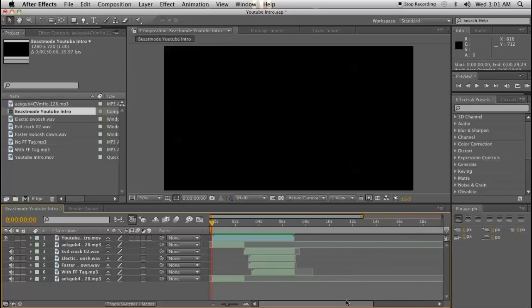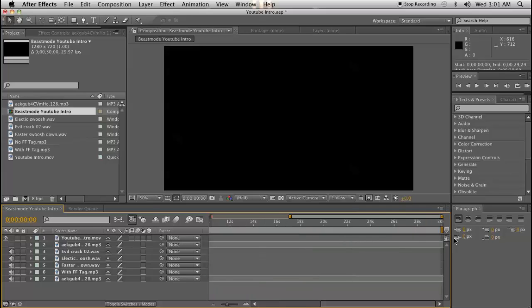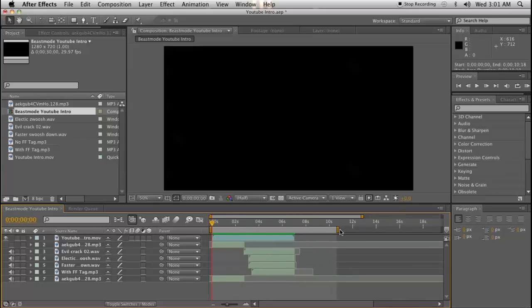That's pretty much what it's doing in After Effects. So I'm gonna bring this over here. Bring it to the end of your composition, or just a little bit past it. Once you get it right there,